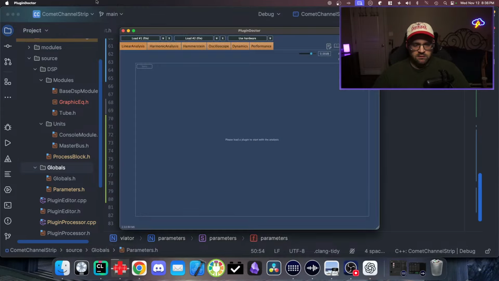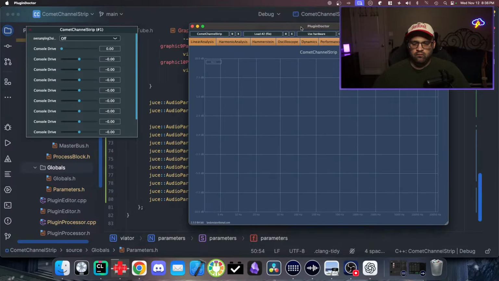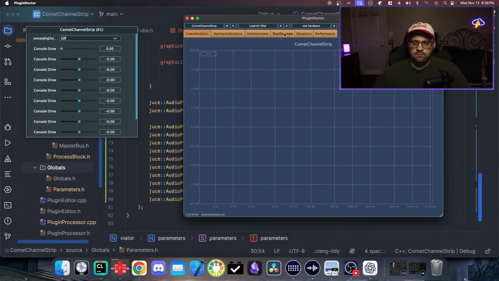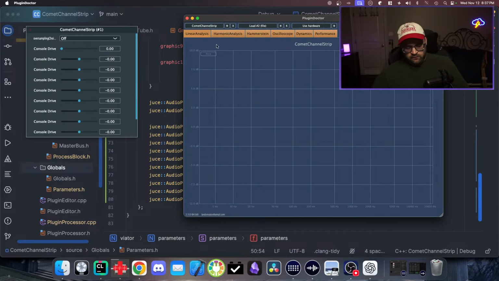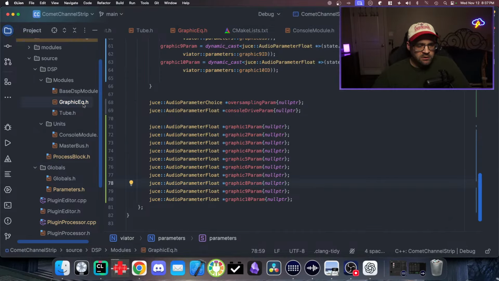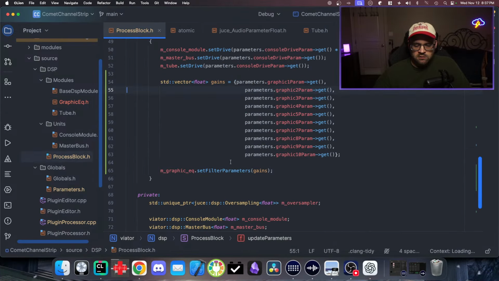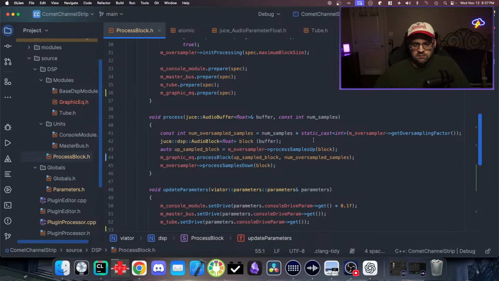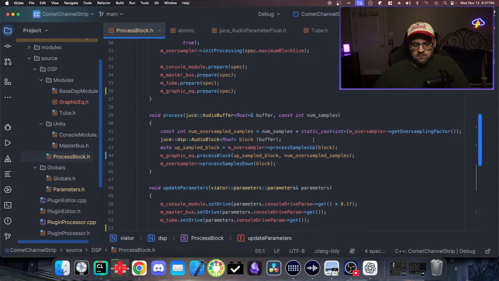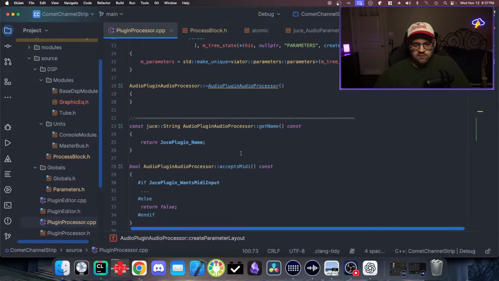Okay, looks like it built. Let's see. Uh-oh. That's not great. Let's see. I'm sure I broke something. So we're calling that. And this is happening before process. No, it's not. Yes, it is. Because in the processor, we've got